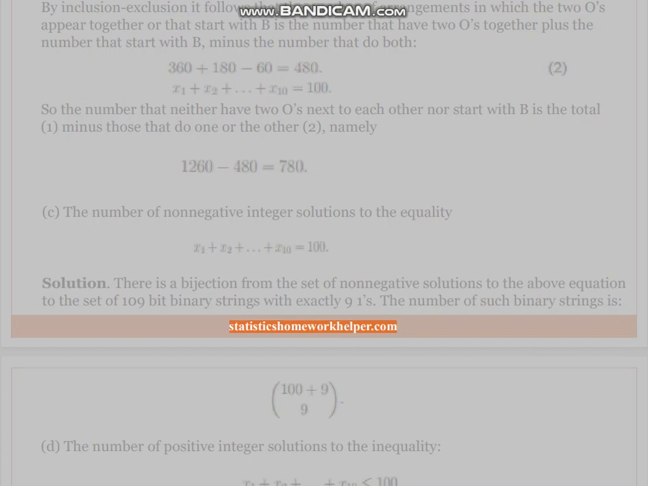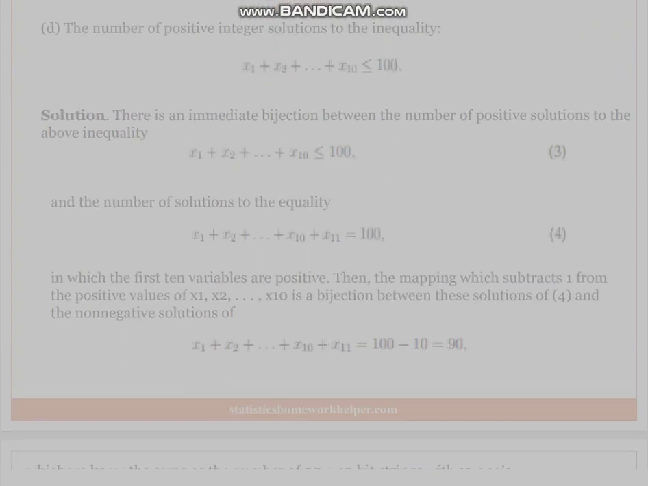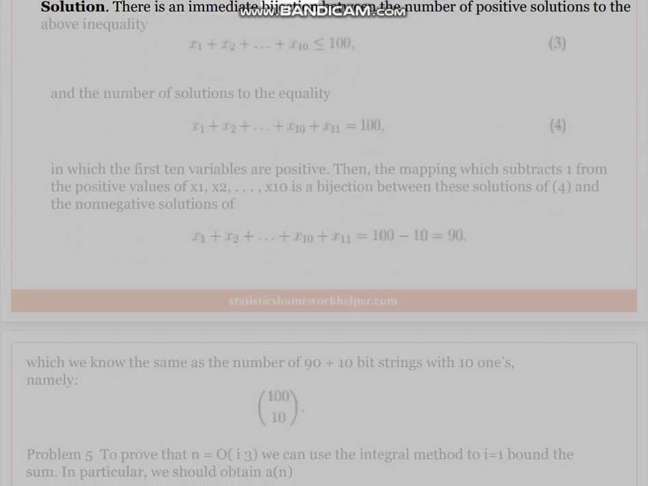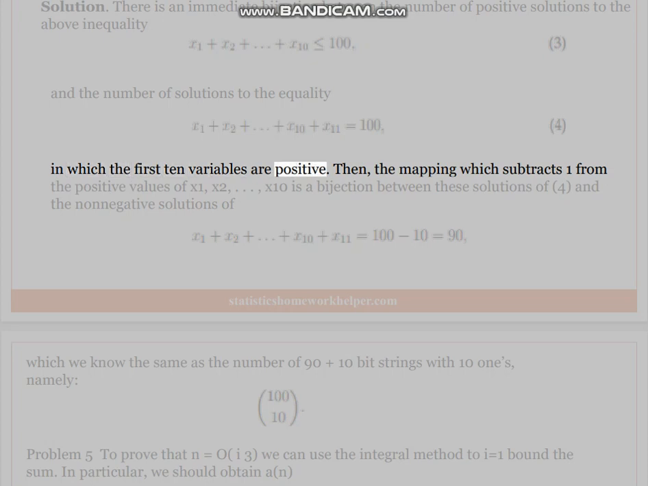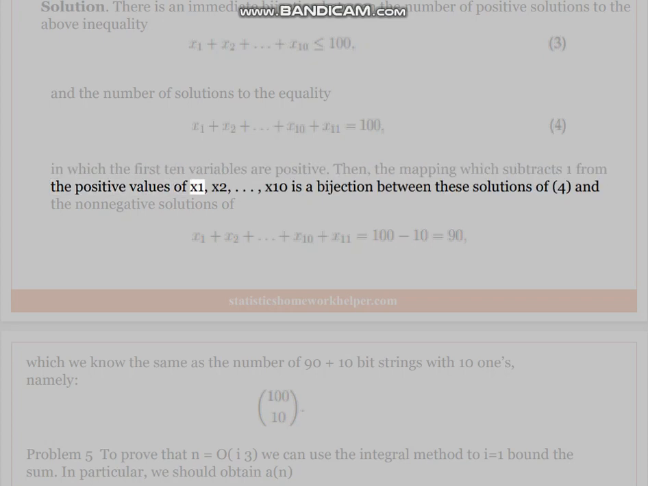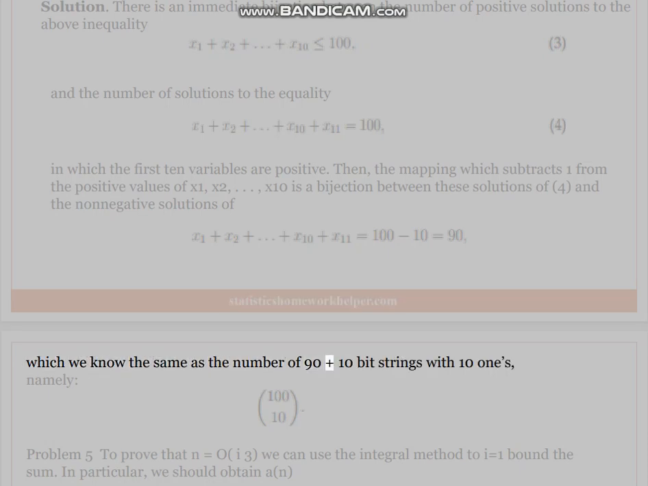D. The number of positive integer solutions to the inequality. Solution. There is an immediate bijection between the number of positive solutions to the above inequality and the number of solutions to the equality in which the first 10 variables are positive. Then, the mapping which subtracts 1 from the positive values of x1, x2, ..., x10 is a bijection between these solutions of 4 and the non-negative solutions of, which we know is the same as the number of 90 plus 10-bit strings with 10 ones, namely